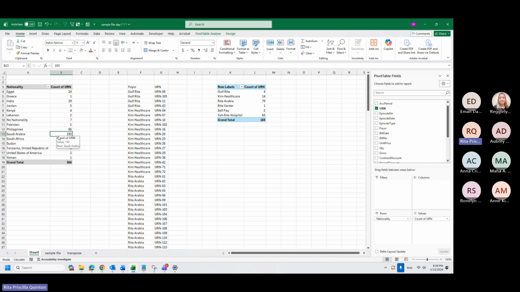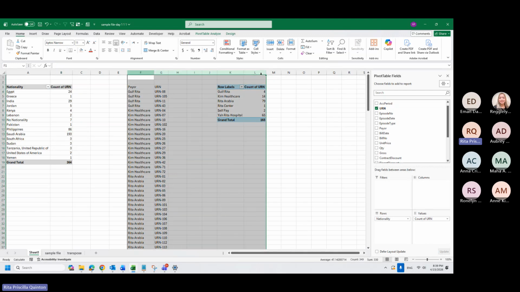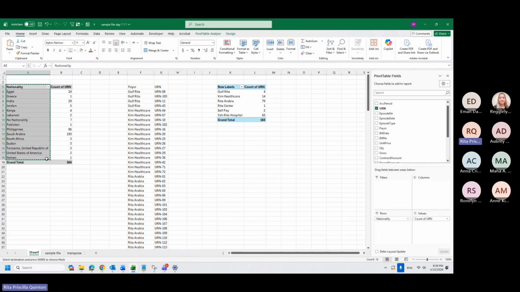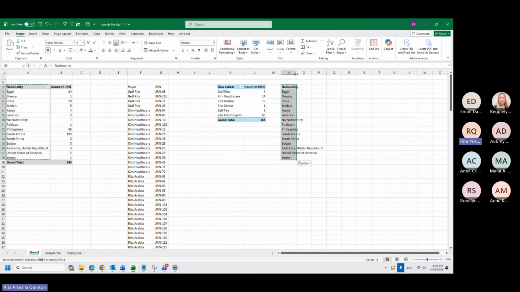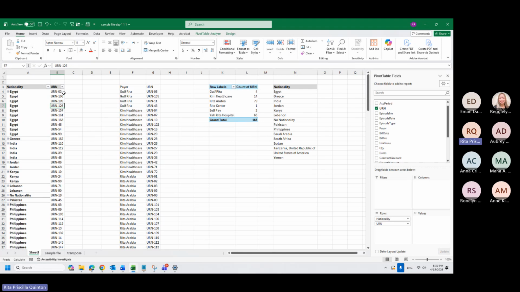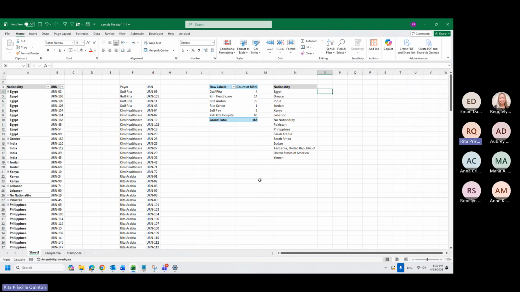There is another option I want to teach you, same output as this one. Let me take all the nationality, paste it here as a text. Okay, so this is a text. Now I will put all the URN here. Okay. Now we can use the COUNTIF that we have learned last week.